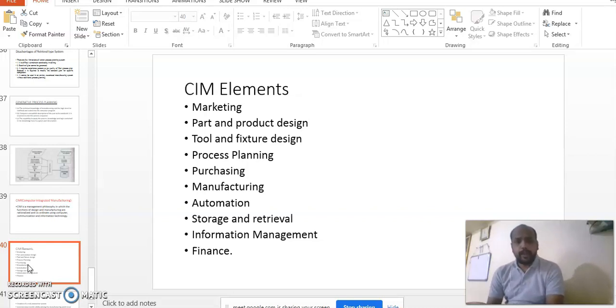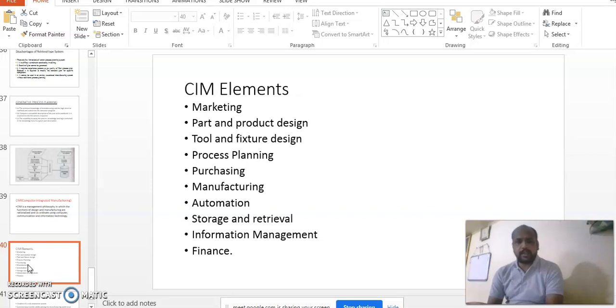Then part and product design. So part and product designs are two different things. First of all, let us understand what is a part. Part is a separate component and product is an assembly of different parts. Understand this difference clearly.